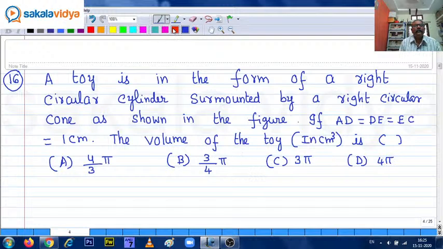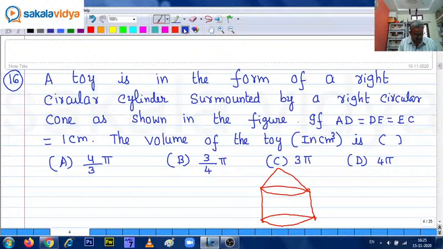So let me give the figure. The figure is like this. This is the cylinder and a cone on top is there. Okay, now what is given actually is